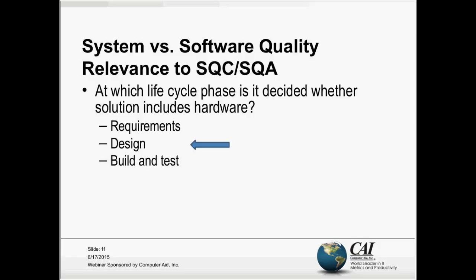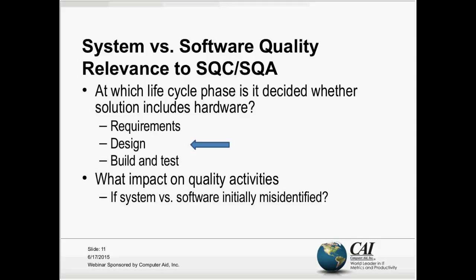If the design decisions are made after the requirements have been identified, and there was some erroneous presumption about whether something was system or software, or hardware and software, or software alone, what are we going to have? We're going to have errors of requirements and possibly of design. And then if the decision changes subsequently, which it often does because people realize that maybe the hardware isn't such a big issue, well, those downstream decisions